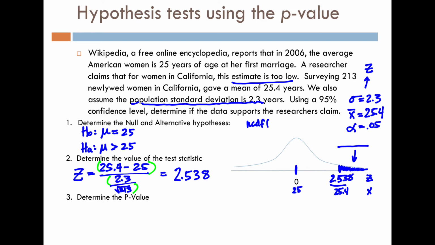I'm going to take 2.538, go to something really big like 1,000, comma 0, comma 1. And that gives us 0.0056. So the area to the right is 0.0056, meaning that there's a